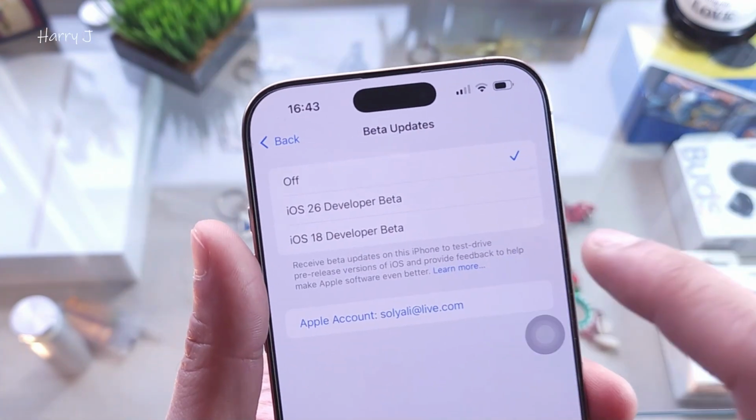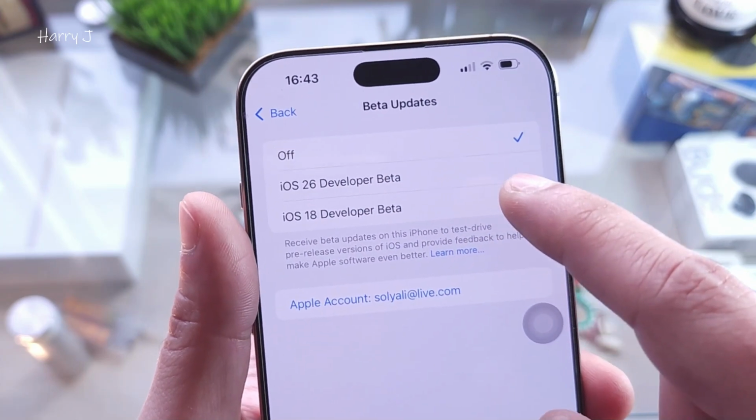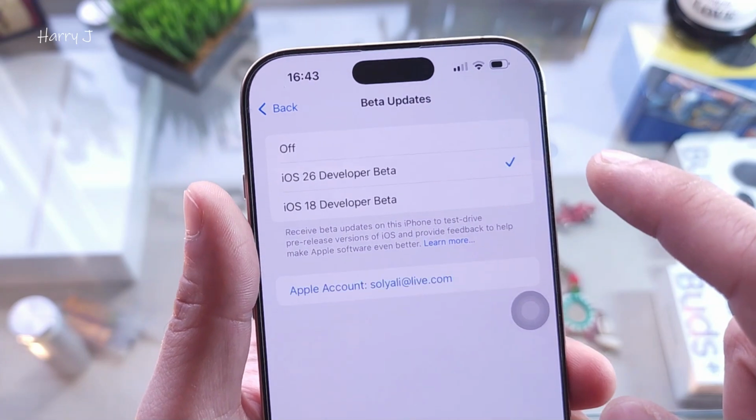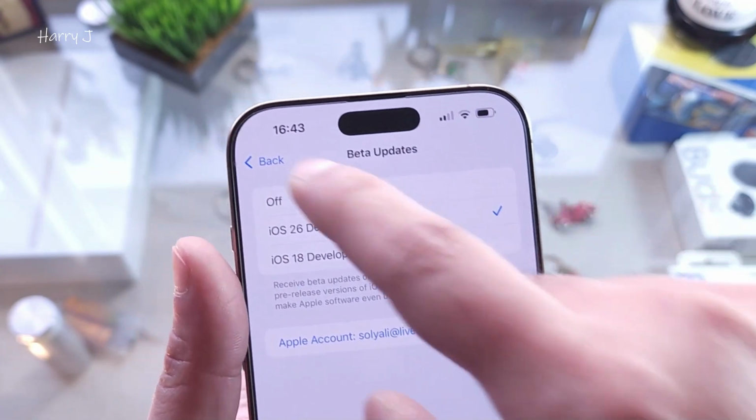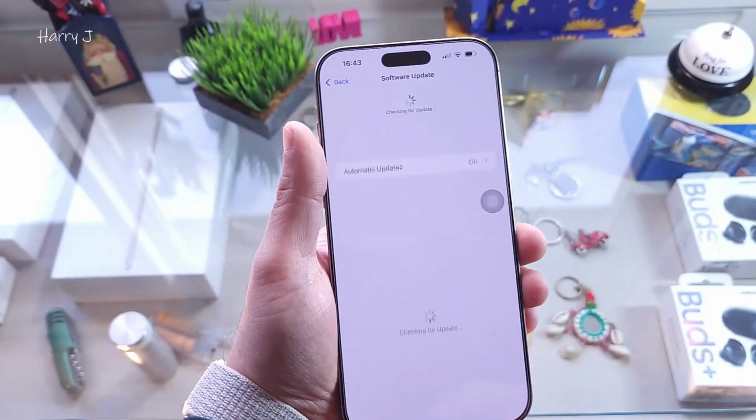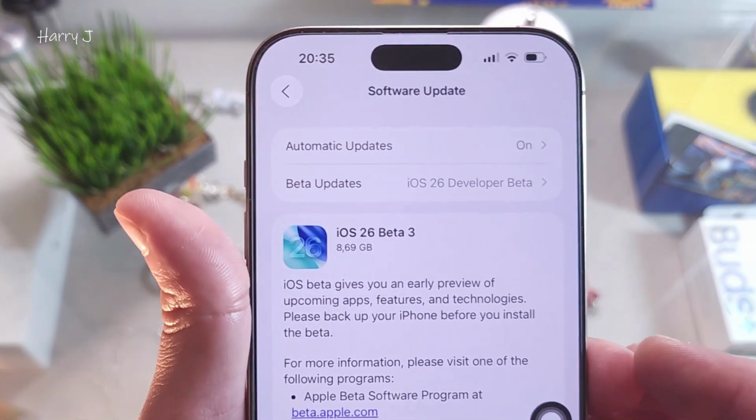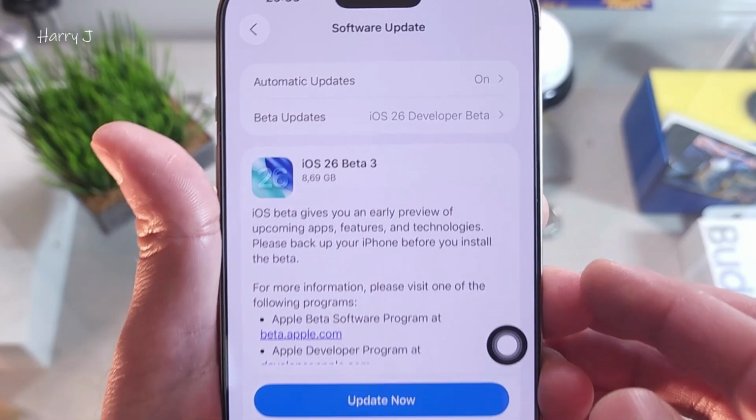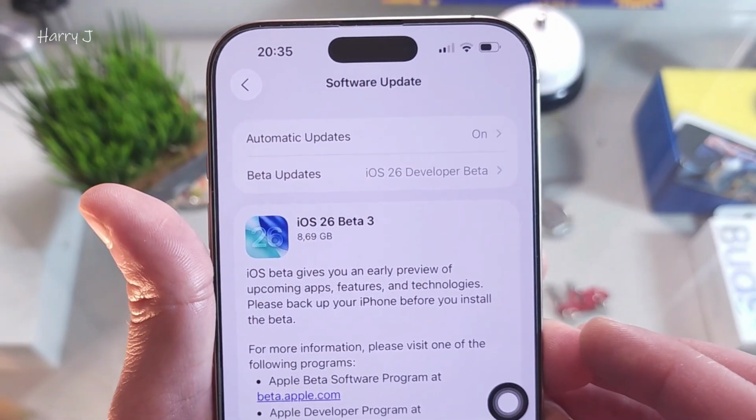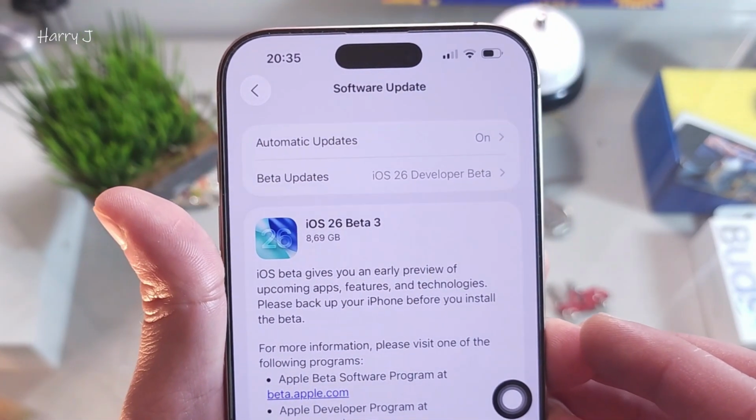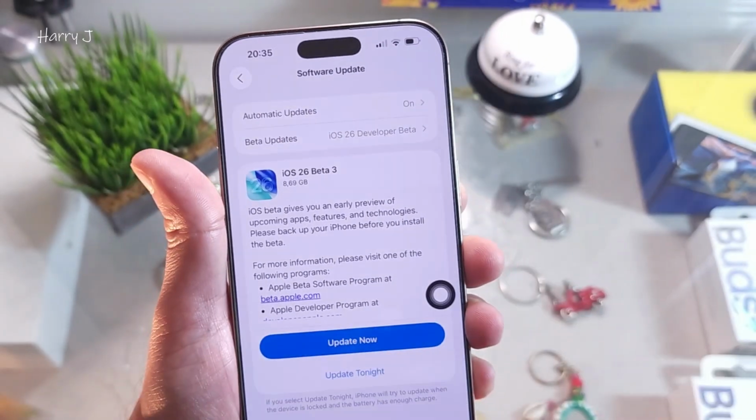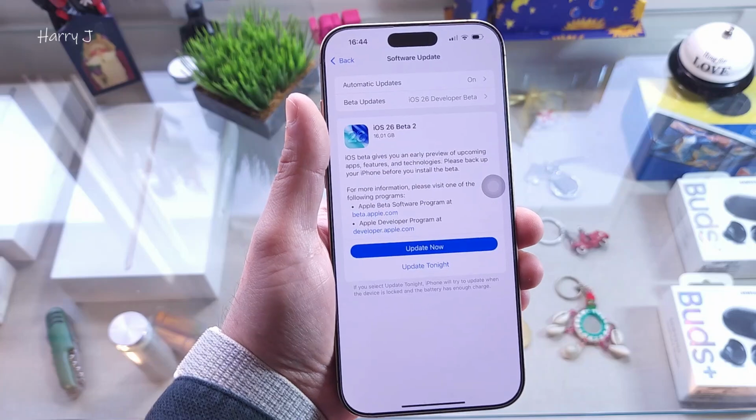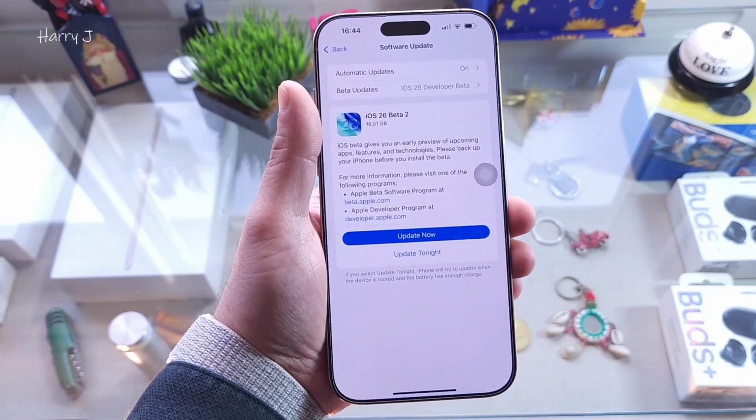Hit this one. You can update to the iOS 26 beta version, or you can try other betas as well. So you have to click this one and go back. You see here, this is iOS beta 3. The software update is 8.69 gigabytes. For some people it is 6, some people have 8 gigabytes of update. So this is the way, if iOS 26 beta does not appear, how you can make it visible and install